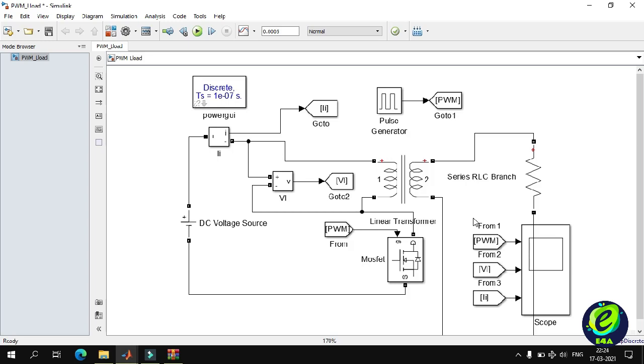To view the secondary side or output waveforms, we will add a voltage measurement block and connect a current measurement block in series with the resistor.